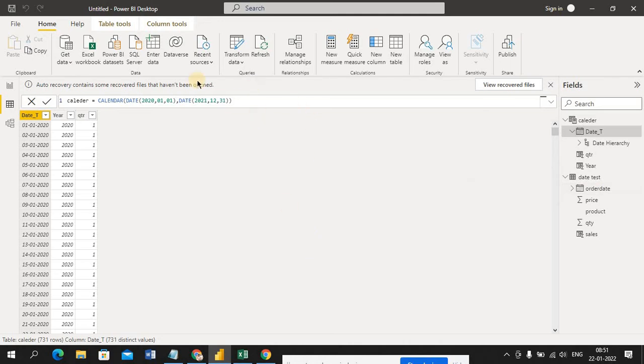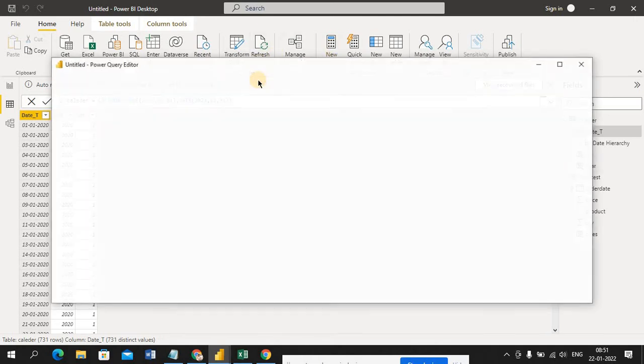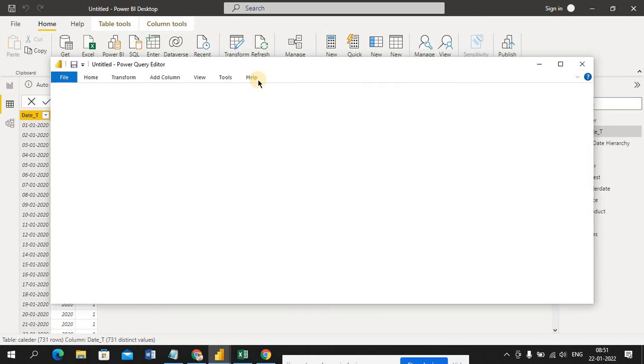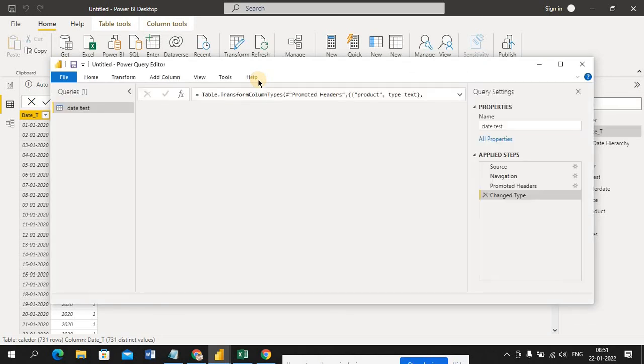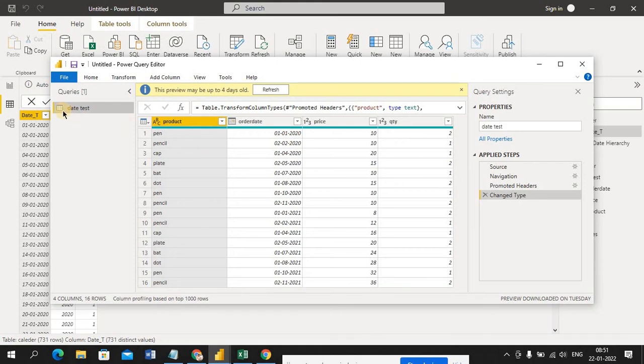In the transformation tab, this calendar table is not presenting, because in transform data only one table is presenting. The table is the data set which is coming from Excel. Why? Because this calendar is not an outside table, while this is an outside table, so that is presenting.